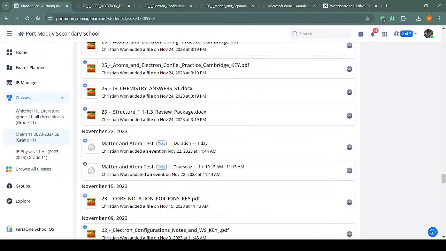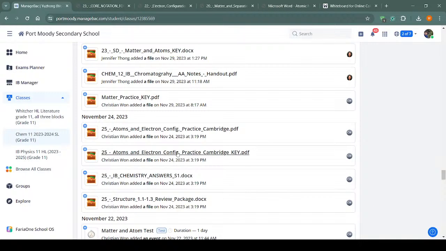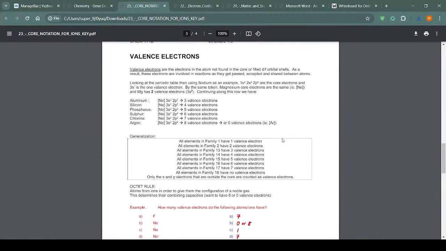Ions, they look fine. Matter and atoms test. Structure, chemistry. Atoms and electron configuration. Just take a look at this one. Core notation should be fine. Valence electrons. Right, so